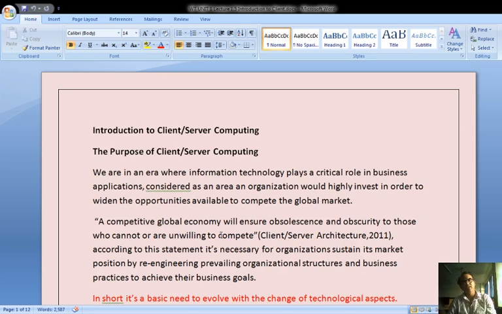The purpose of client server computing is to provide a platform from which we are able to share information in the global economy, with proper security arrangements as well, and achieve the business goals we decide on.